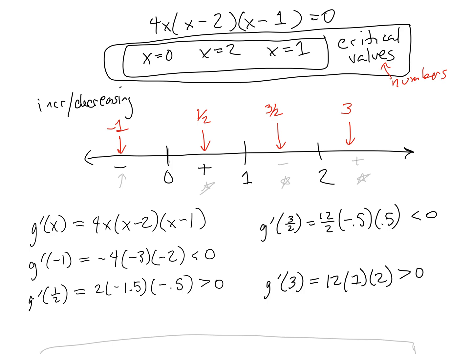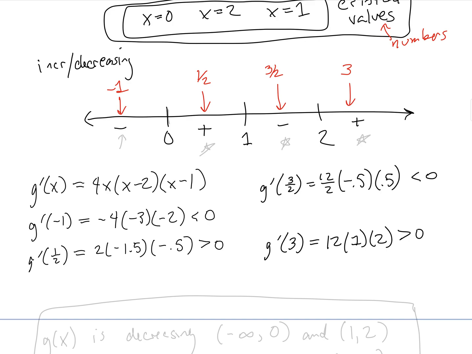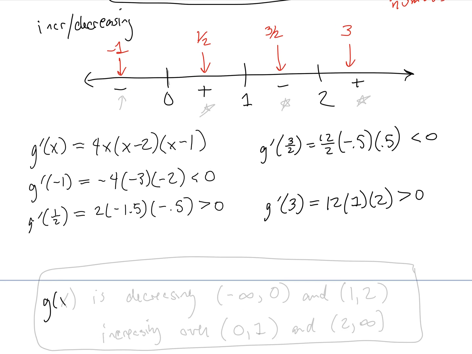Again, you could also plug into the first derivative in its non-factored form, but all we care about is whether these values are negative or positive, and so plugging it into the factored form can be easier for that goal. So this now tells us that g of x is decreasing over this first interval up to 0 because we found out it was decreasing in that test interval. So decreasing from -infinity up to 0,